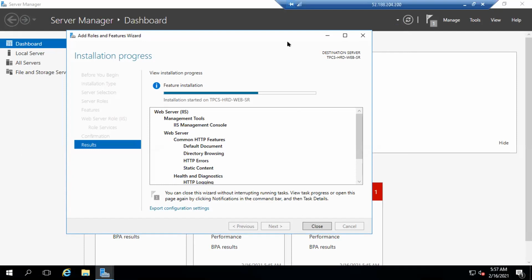Because we have only given it 3.5 GB RAM, and Windows Server requires a minimum of 8 GB memory. Just wait till it finishes. But this is how you install any services like DNS, DHCP, Active Directory on this server using Add Roles.